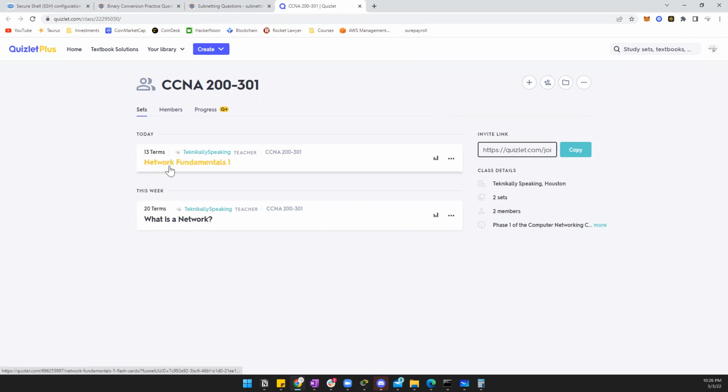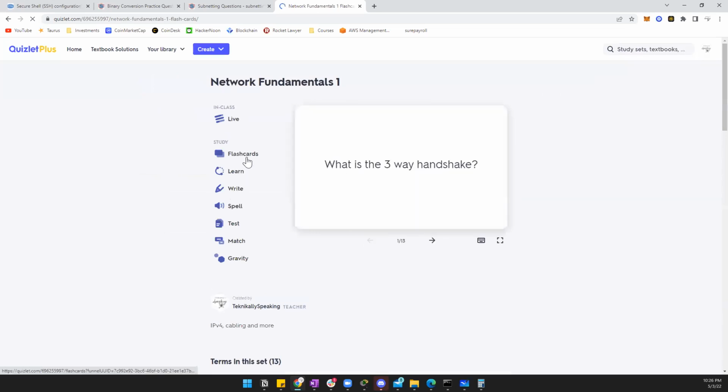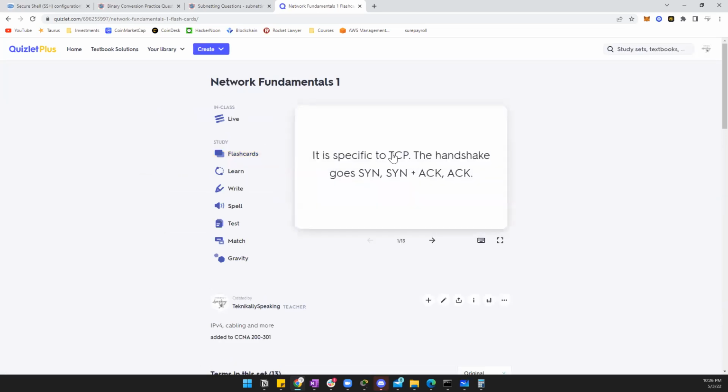go to network fundamentals, and we're going to do the same thing we did yesterday, right? We had the flashcards. You already know what a three-way handshake is. TCP, send and ACK, right? DNS port number. Remember I told you you need to know some port numbers. 53, UDP and TCP, they use both. So you see,